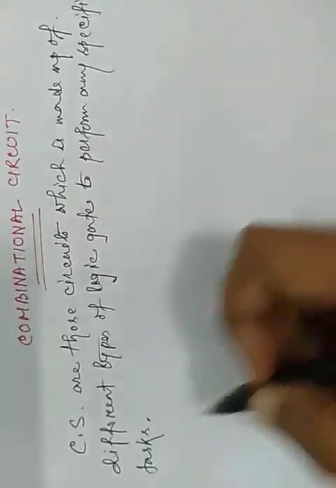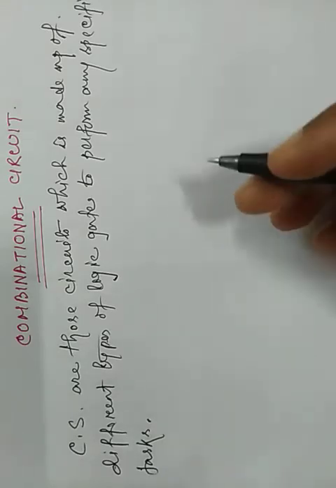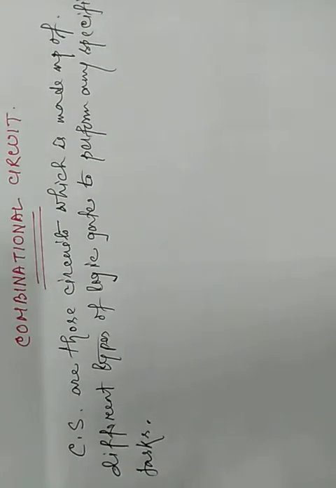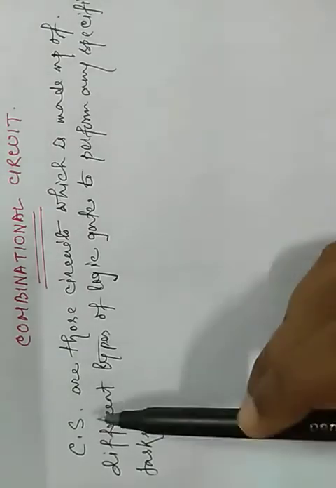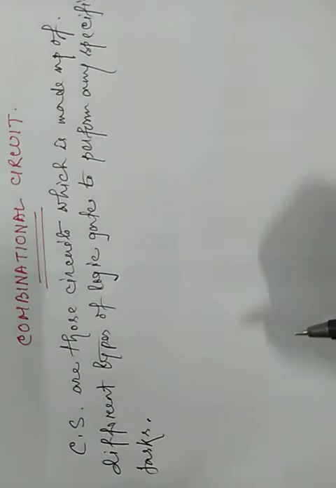So as such, we know that the logic gates are the basic things which we use to define any Boolean expression. So far we have learned the Boolean expression just to learn how logic gates are used to convert any Boolean expression using logic gates. Okay, so combinational circuits are also made up of basic logic gates.